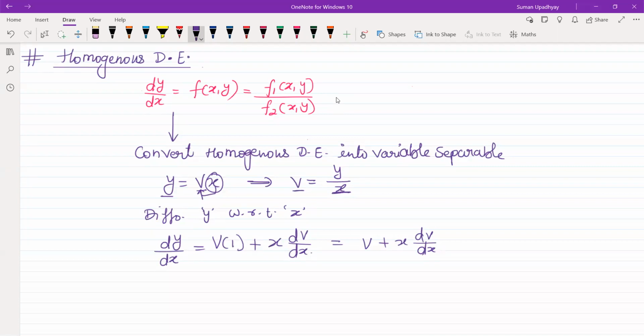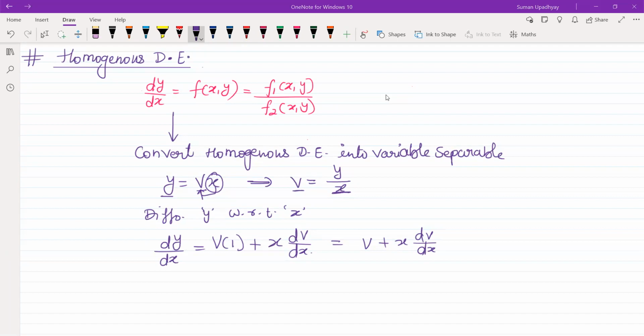So how would you identify whether the given differential equation is homogeneous or not? Can anyone tell me how would you identify? How do you identify the given differential equation is homogeneous? Hello, you're not audible, Bipin. Come on, other kids. You all were saying you have understood. Explain to me, find the order of variables. Order, we don't say, we say degree. Okay, we check degree.